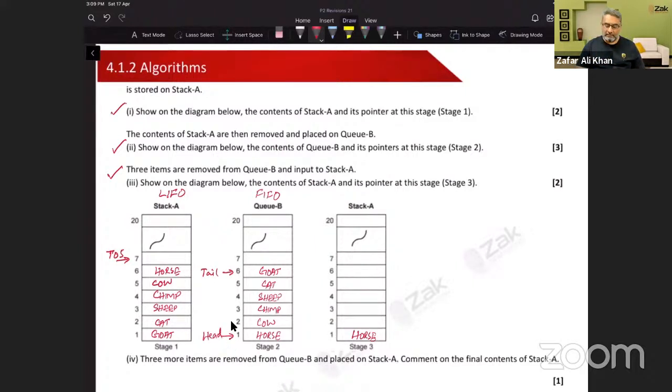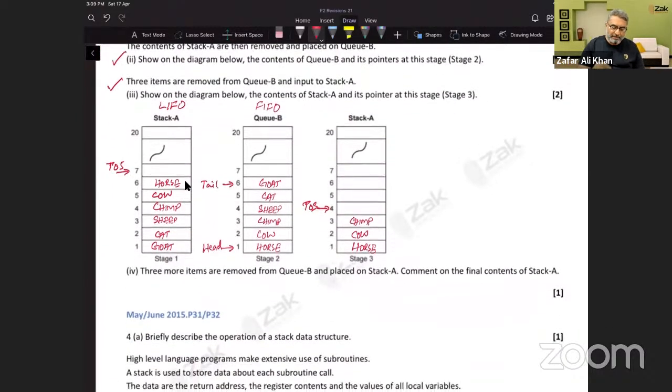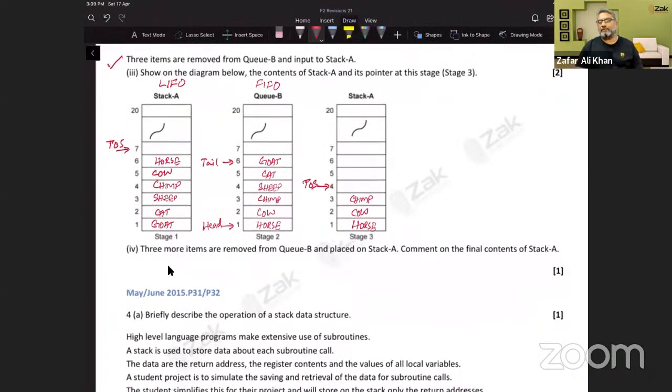Then cow, and then chimpanzee. And top of a stack will be pointing to this location. Show on the diagram below the content of stack A and its pointer at this stage 3. So this is done. Three more items are removed